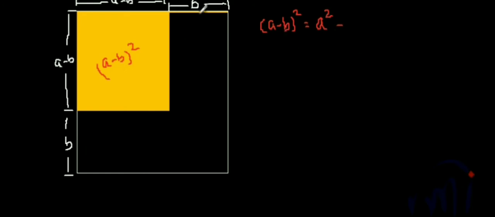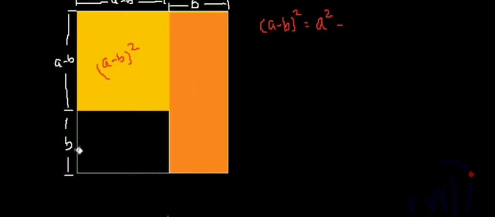So to find the area of this L-shaped figure, I am going to do certain constructions. First, I am going to draw a line from this point till this line. So what we get? If you see properly, this is a rectangle whose dimensions are B by A, right? This is a rectangle whose width is B and its length is equal to A, isn't it? So what will be its area?